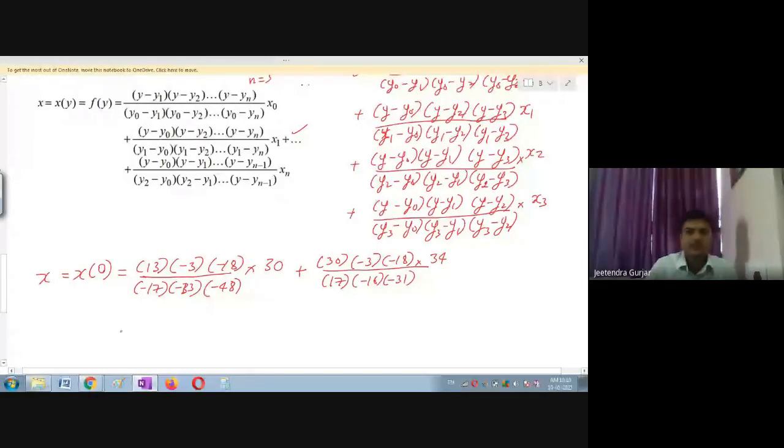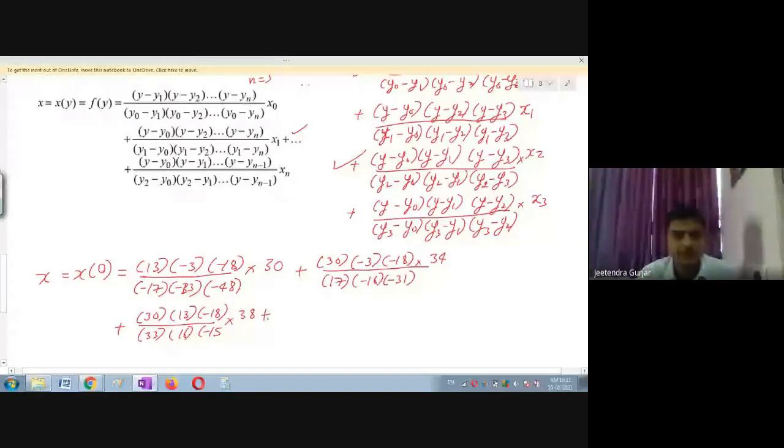Now I'm going to substitute the values in this: y minus y0 is 30, y minus y1 is 13, y minus y3 is minus 18, divided by y2 minus y0 is 33, y2 minus y1 is 16, and y2 minus y3 is minus 15, into x2 is